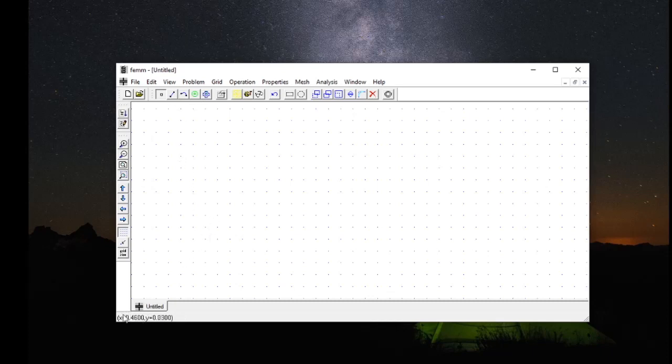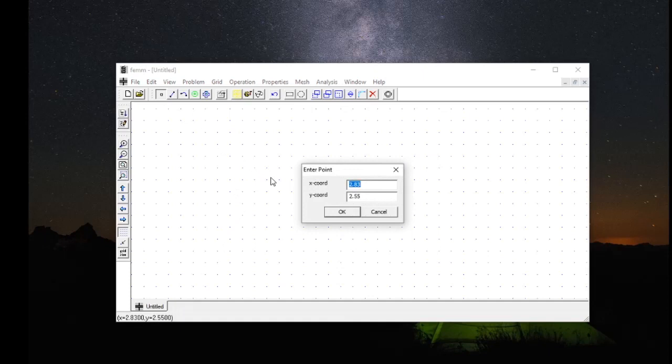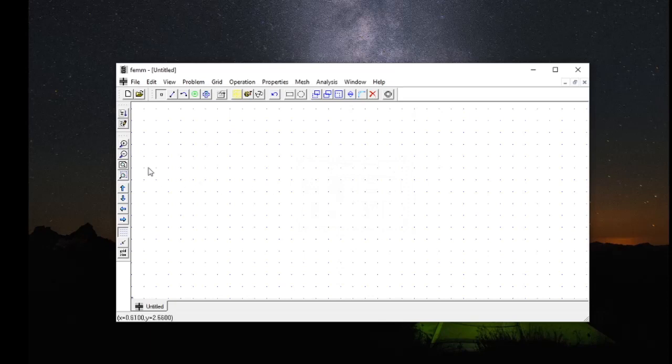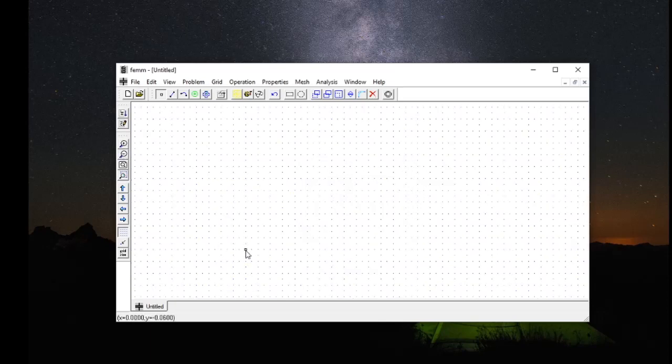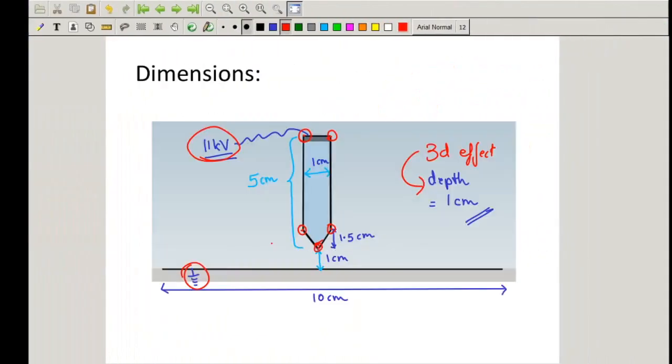If you see in the left bottom corner of this package, you will see these X and Y coordinates, which change as and when I move my mouse cursor. To pinpoint a node, it's not easy to use these coordinates as reference. So what we do is we choose node and then hit the tab button, and then enter a coordinate, let's say the origin, 0, 0. The moment I do that, you will see this coordinate coming up. Likewise, we'll build on this layout here.